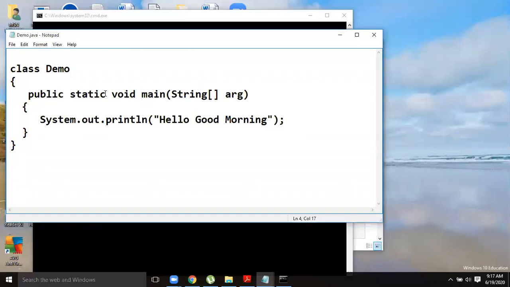Directly you can use this main method with the class name demo. Static members are in general common to all the objects for this demo class, irrespective of the instance. For all the instances, static members are common. Okay, so such a method is main, void, static, and then last is public.